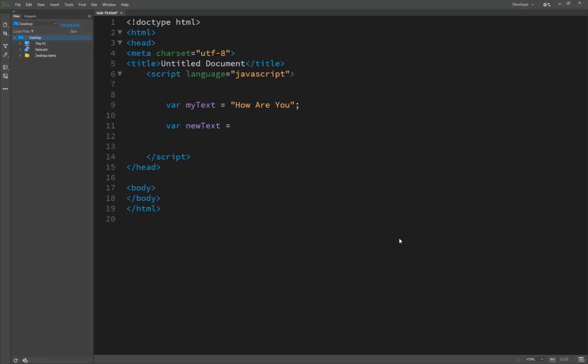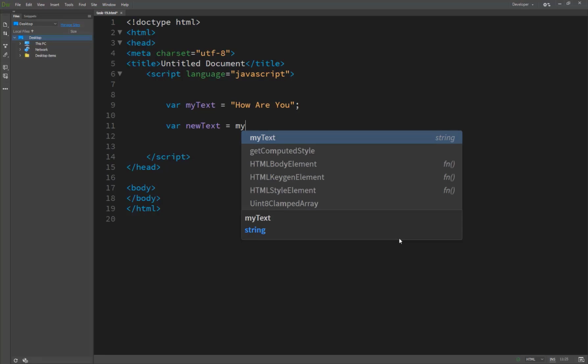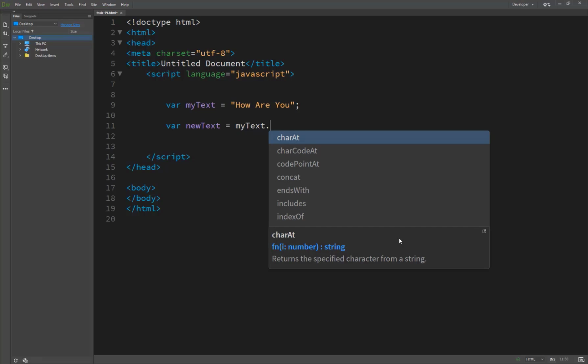the fact that each of these formatting methods returns a string, which is an object that in turn has its own set of formatting methods that can be called. This allows you to string together your functions like this. And now we are just writing here my new string equal to my text dot.